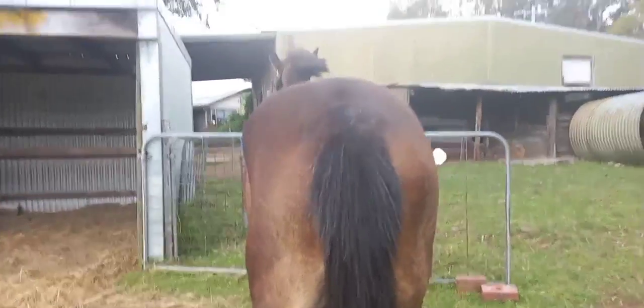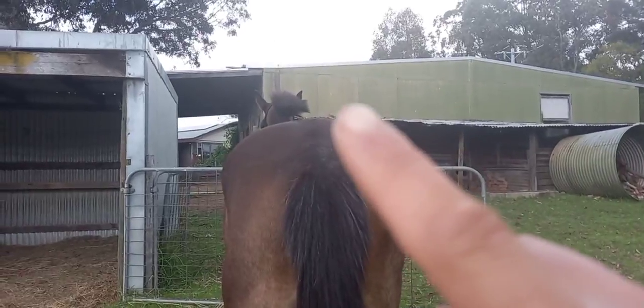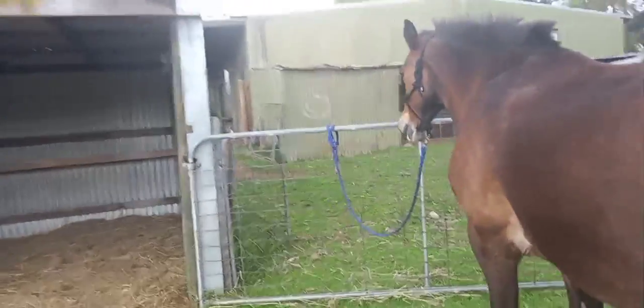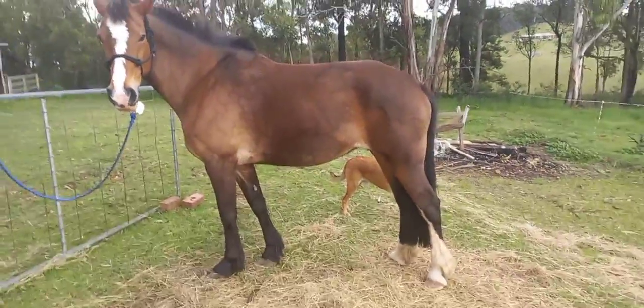So again, she's standing with her one butt higher than the other. Fun fact, generally the horse's side that they stand with the butt higher than the other is actually the sore side, which I know with Squirrel it does tend to be that hind leg. Having a look from this side,